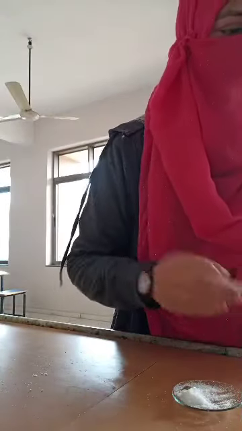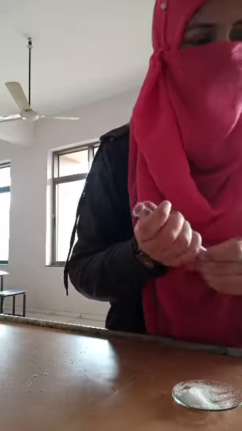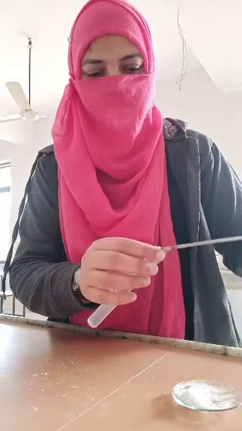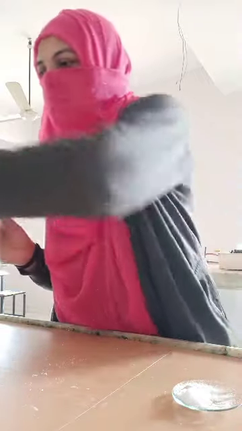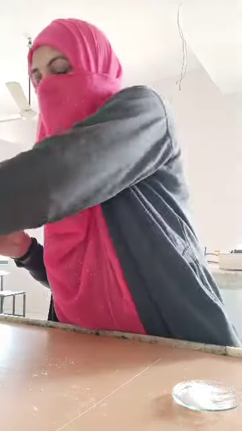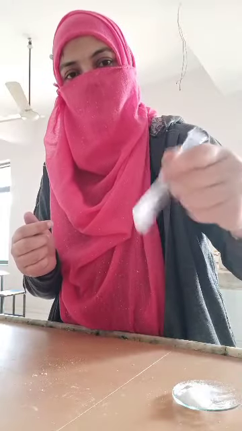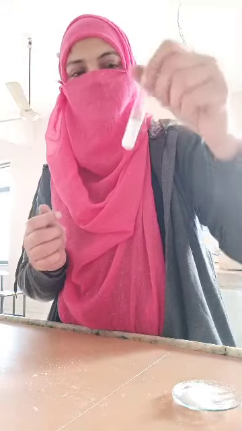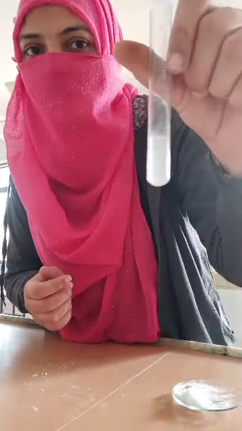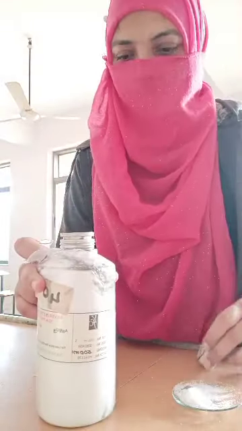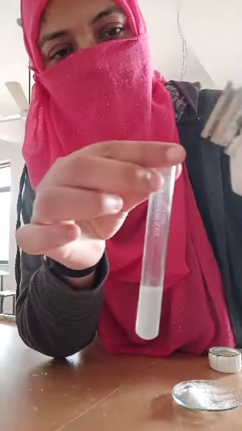Let us check one more test, and that is with the AgNO3. Okay, so we are going to use the salt solution. Dissolve the salt, make the salt solution. So dear students, this is your solution and you have to use the silver nitrate, AgNO3. If you get white precipitate, chlorine is confirmed. Okay.